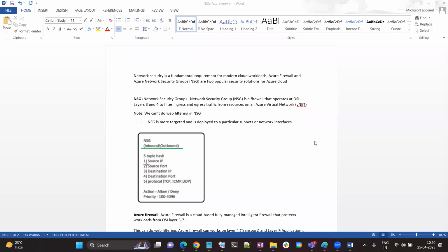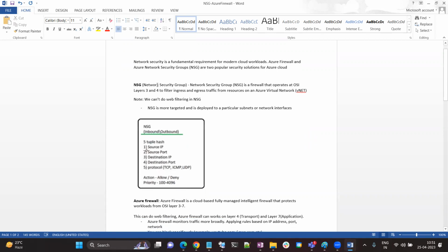Hi friends, today's topic is on Azure Firewall. We will talk about a basic difference between Network Security Group and Azure Firewall. Network security is a fundamental requirement in today's cloud scenario, and there are two popular features that provide that security functionality: Azure Firewall and Network Security Group. There are major differences between these two, so we will cover some of them